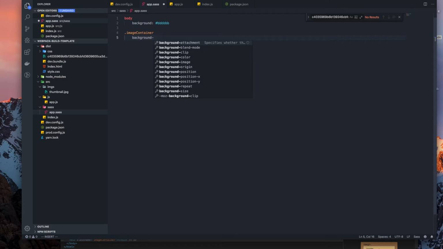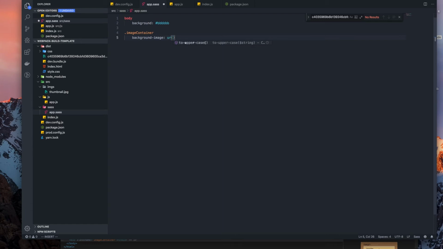Let's just do it as a background image. What I was going to do was create an image element appended to the image container, but that's going to take too much time